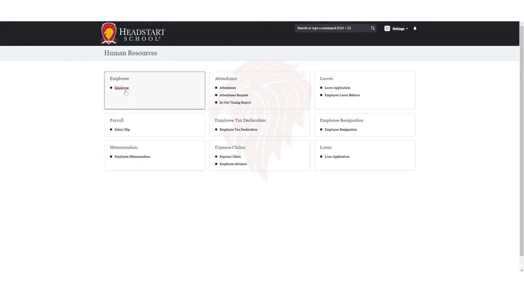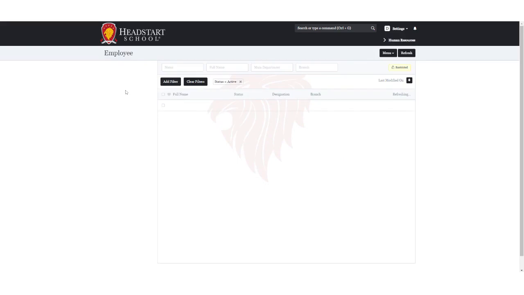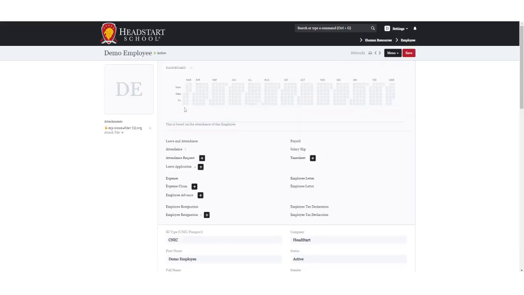First of all, you would go into the employee section. The employee section would show you a list having your name on it. You would click on your name and a dashboard would appear. On the top of the dashboard, there would be a calendar showing your presents and absents. On the top left corner, you would have the option to change your display picture.